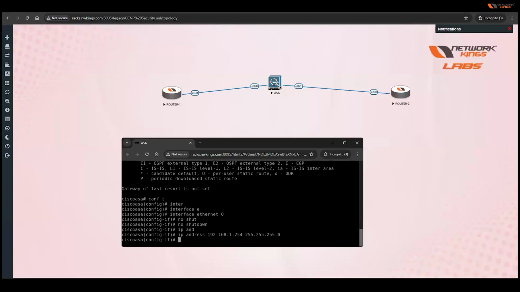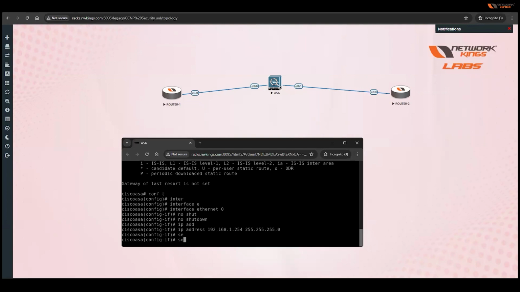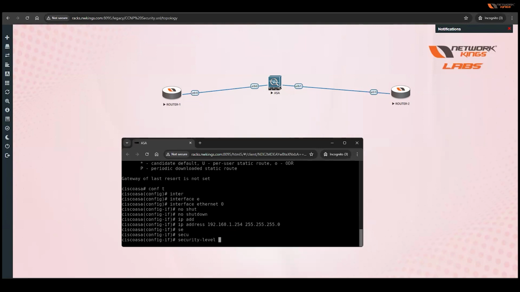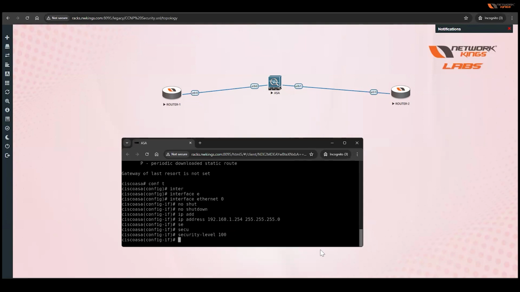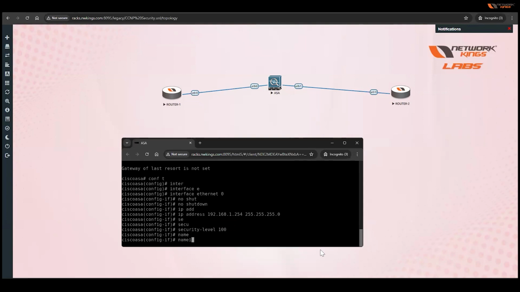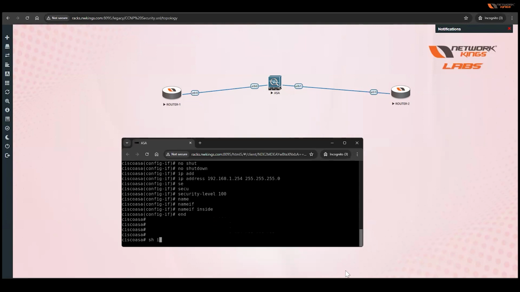We have already done up to here. Right now, if we go to security level, let's give it security level 100. For configuring the logical name, we will be using the command nameif. So I'm giving nameif inside. Okay, and now if I end this and look over there,